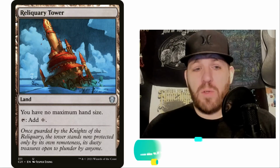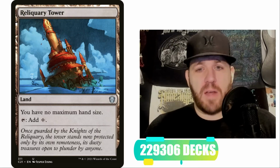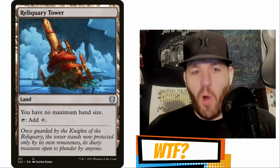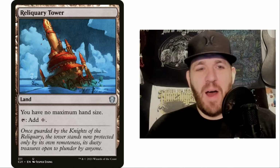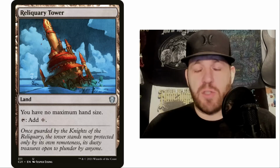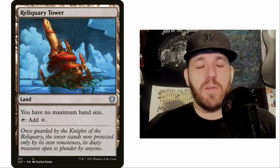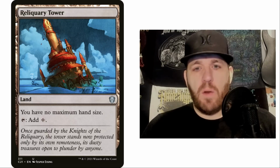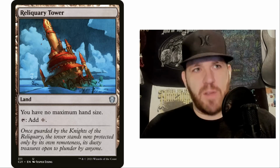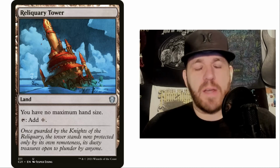Reliquary Tower, though, is in 229,000 decks on EDH Rec. It is in 28% of all Commander decks on there. That's crazy. Why? It's a colorless land, and I would much rather have, you could check out my 30 colorless utility lands video, Wasteland, Strip Mine, Ghost Quarter, Scavenger Grounds, Blast Zone. I had Reliquary Tower on that list. I can't remember where. It was down there, though,